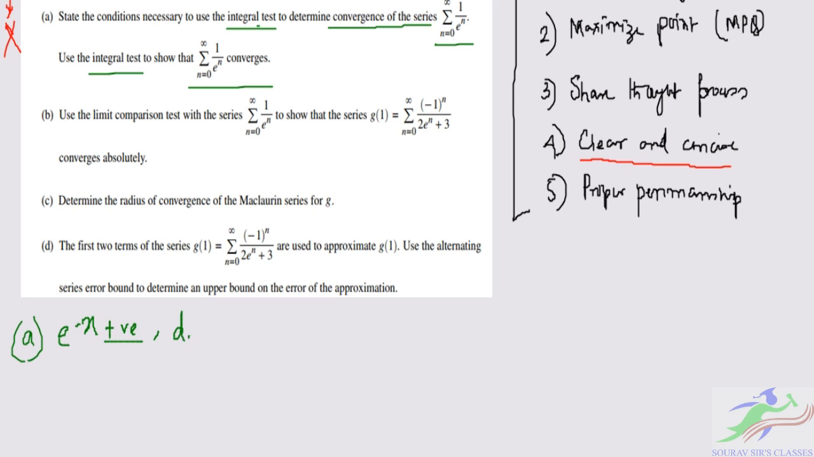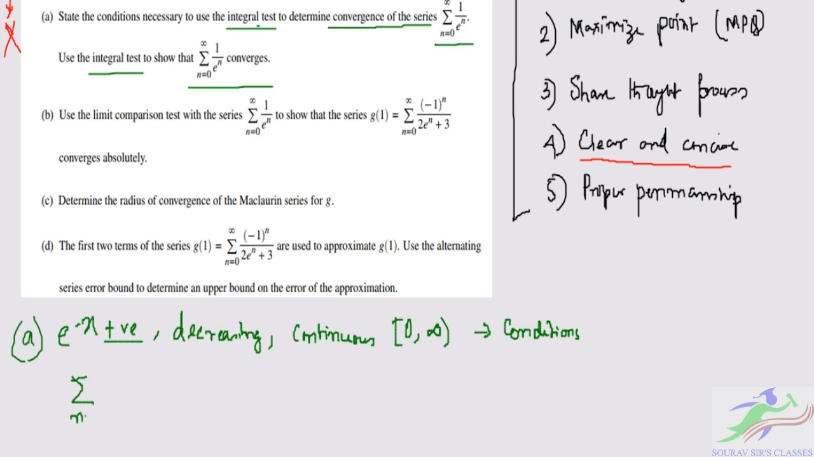And it is a decreasing function, an exponential function, a decreasing function, and it is continuous on the semi-closed interval 0 to infinity. So these are the conditions, right? Now to use the integral test,